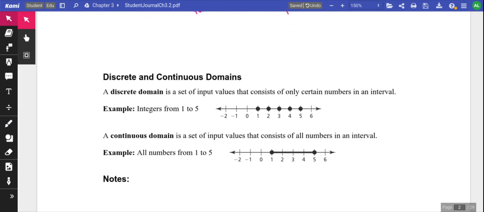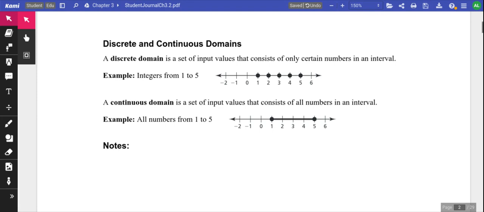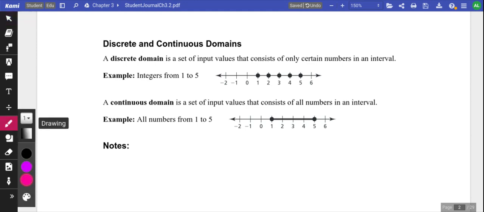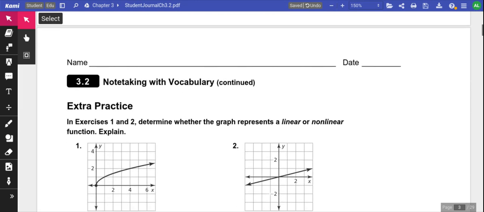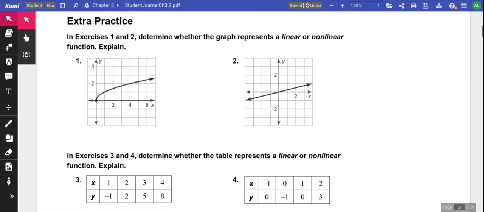And like I mentioned before, I don't really care about this discrete and continuous domain. Again, if you just want to know for your own information, discrete is when you've got these individual points, and continuous is when you have these numbers all connected. But we don't have to spend too much time on that. All right, so it's giving us these graphs, and we have to decide,